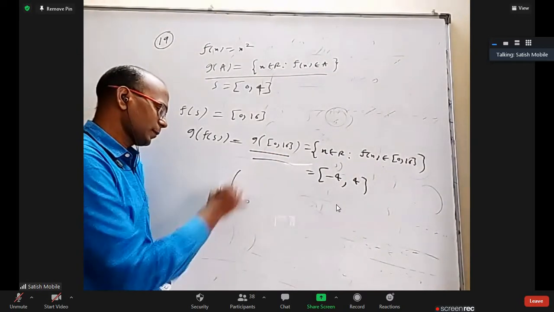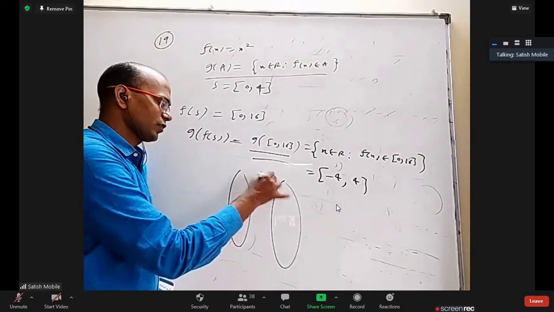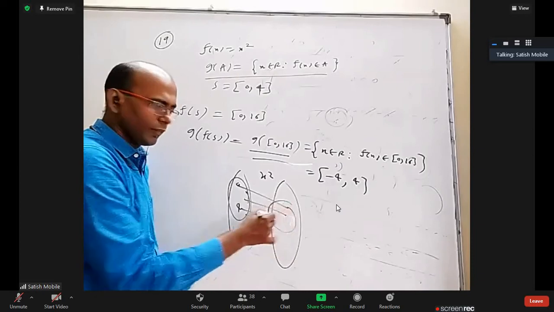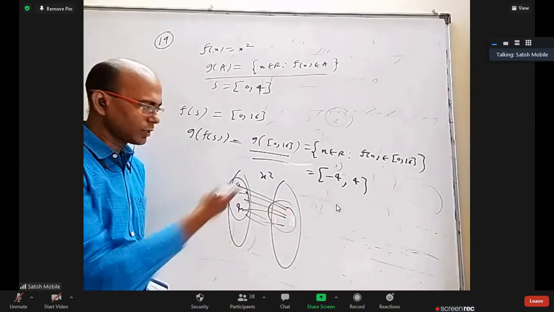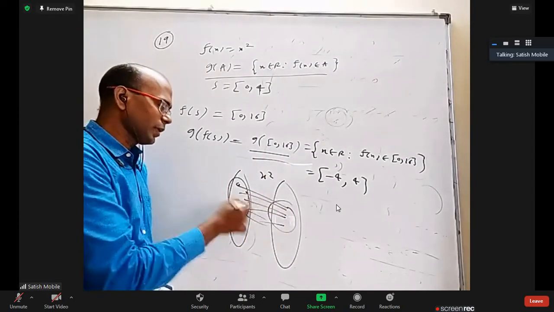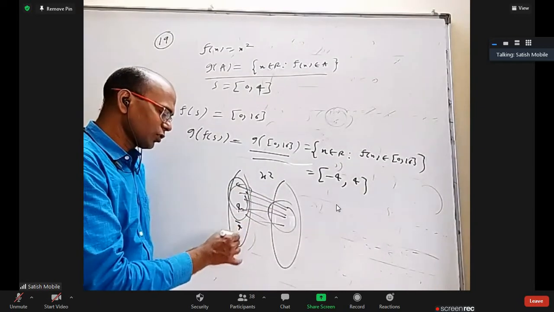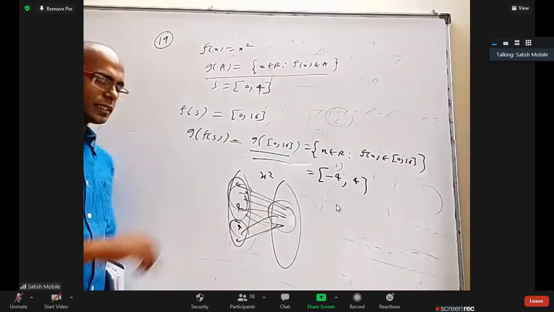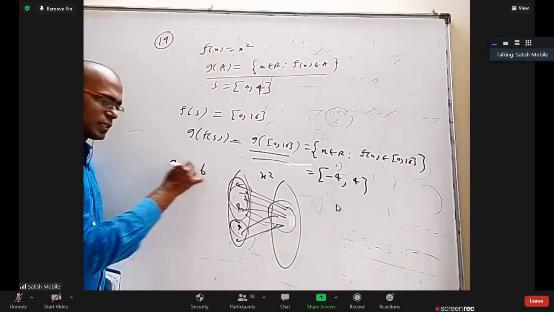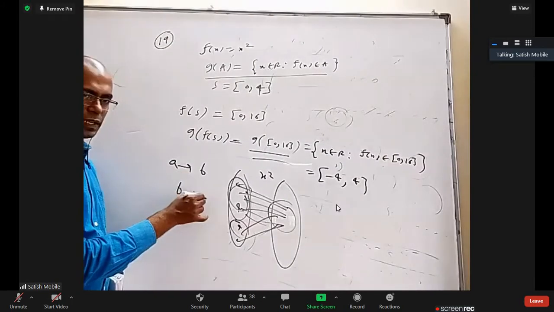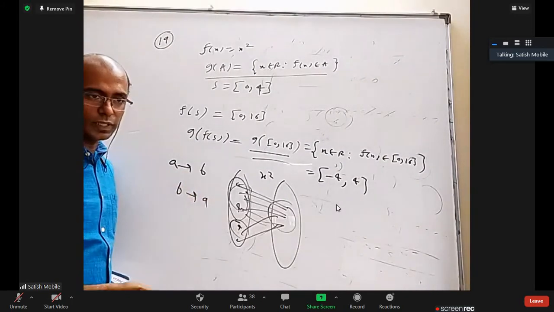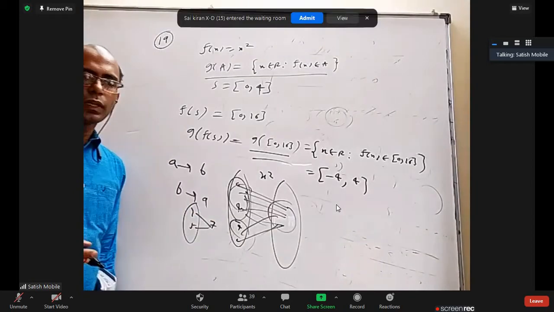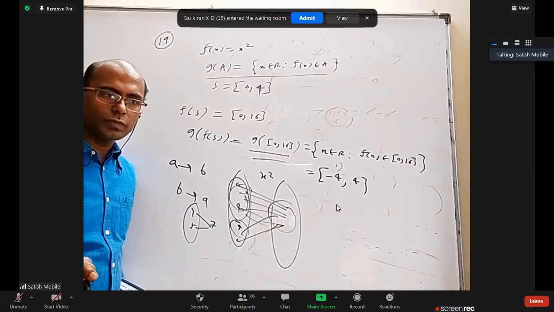Even though we started with 0 to 4 and found its images, it's very important to notice here. This is x square function. Take 0 to 4, everything. Find their images. For that, find pre-images. That is the question. But when you find pre-images, not only 0 to 4 will come, -4 to 0 also will come because they are also pre-images of these numbers. It is like asking, for A, image is B. For B, will the pre-image be A or can one more also be there? For example, if 2 and 5 are connected to 7, if I ask, what is the pre-image of image of 2?